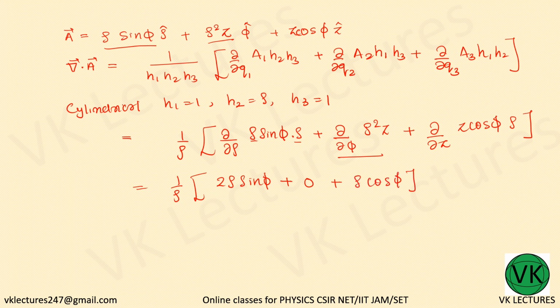So 1 by rho into this quantity. Here rho and 1 by rho cancel. So 2 sine phi plus cos phi. Now what is the value of phi? Phi is equal to pi. So 2 sine pi, that is 0, cos pi is minus